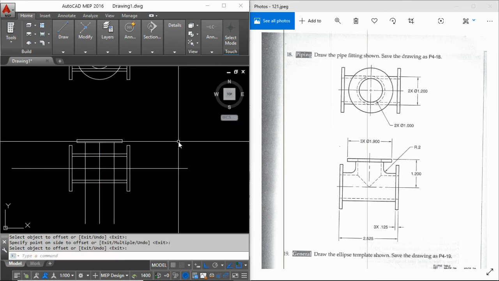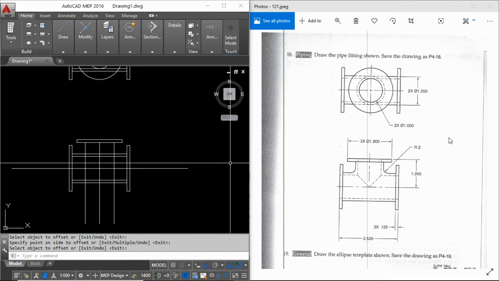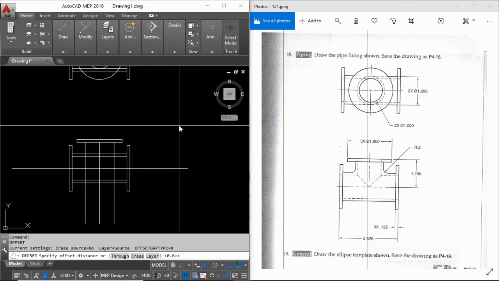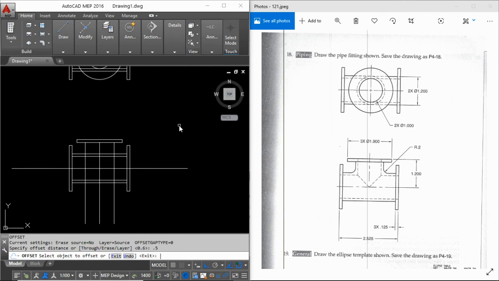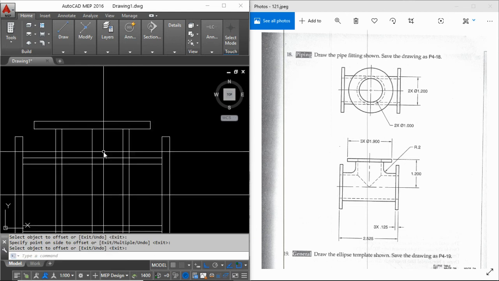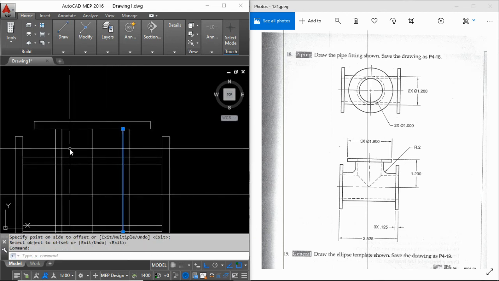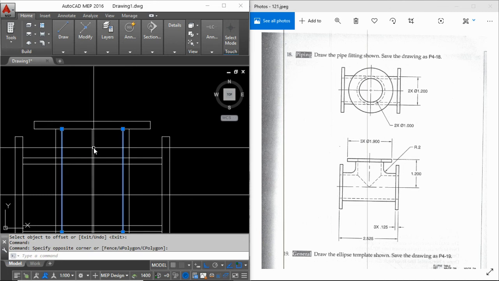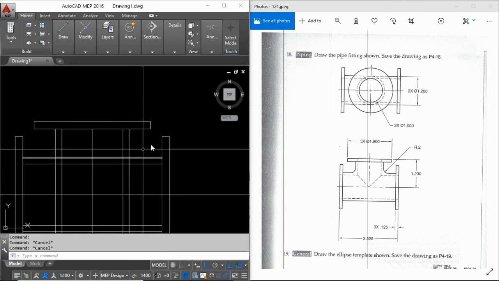And of course I know the thickness of the pipe, or the inside dimension of the pipe, which is 1, so I need to offset that also by 0.5. So that's the inner dimension of the pipe here, these 2 lines, and that's the outer dimension of the pipe, these 2 lines there. Now all I got to do is start doing that